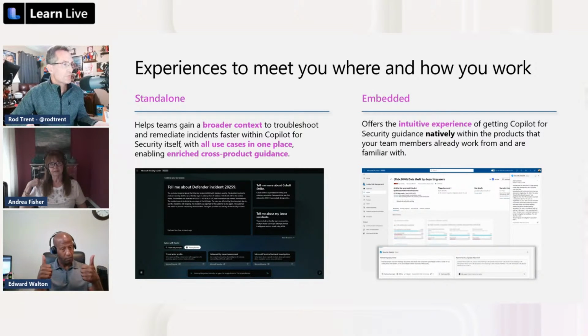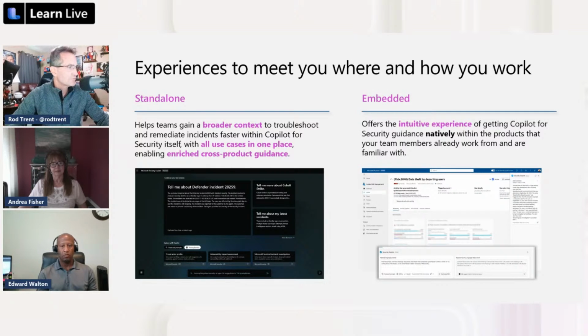So this is a Microsoft product. Copilot for Security was developed and released by Microsoft. But the standalone version, I think, is important to highlight because it's not intended to be just a Microsoft tool. When we talk about plugins next on the 9th, we'll talk more about the non-Microsoft plugins. I already mentioned Tanium's going to be on our show on Wednesday. Tanium's not a Microsoft person, they're a partner. But their plugin works with Copilot for Security.